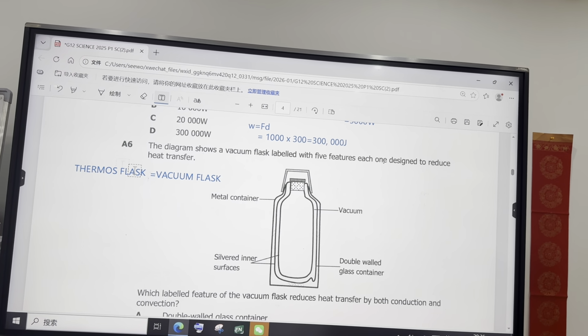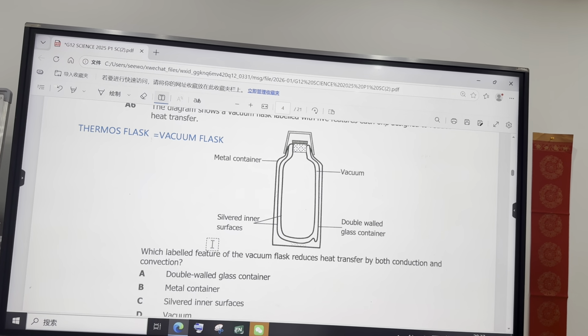Okay, so what does this flask do? What is a thermos flask? This is a special flask that is able to keep hot liquids hot and cold liquids cold for a longer period of time. So it maintains the temperature of a liquid. You're going to have a liquid in there, then you can maintain the temperature of the liquid for a longer period of time. So it is designed in a way that enables it to reduce heat loss. It can also reduce heat gain so that whatever is there is kept at the same temperature for a longer